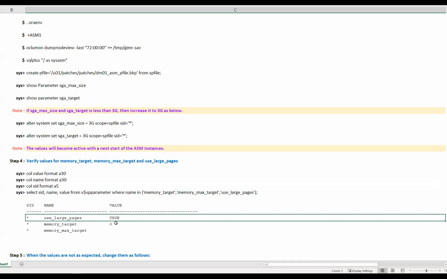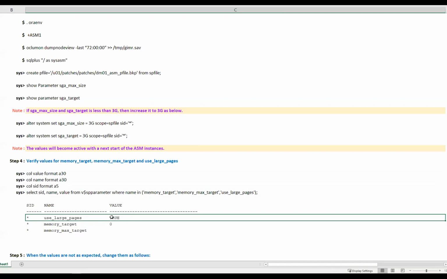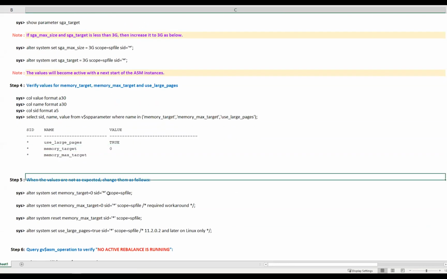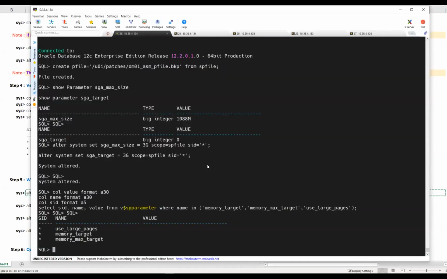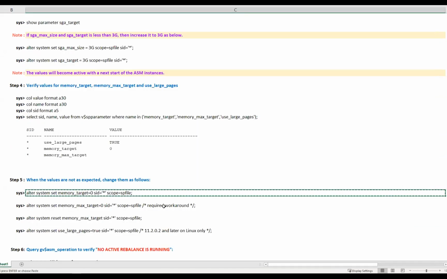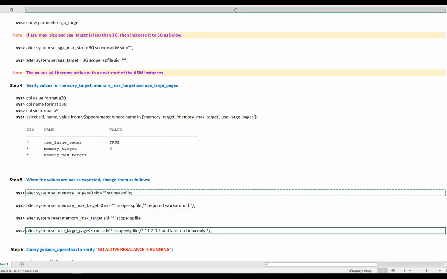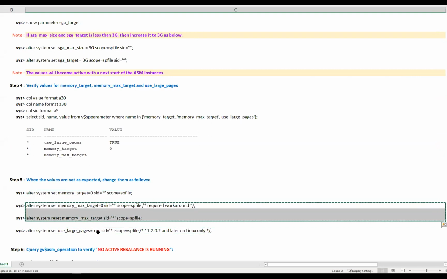This precisely talks about when you're dealing with production: your large pages, if it is set, should be true, and memory target should be 0. Right now I don't have large pages, so I'm going to set only memory target. I will not set large pages equal to true, because I don't have them. Then memory max target, you can set these two. Large pages, you can ignore.